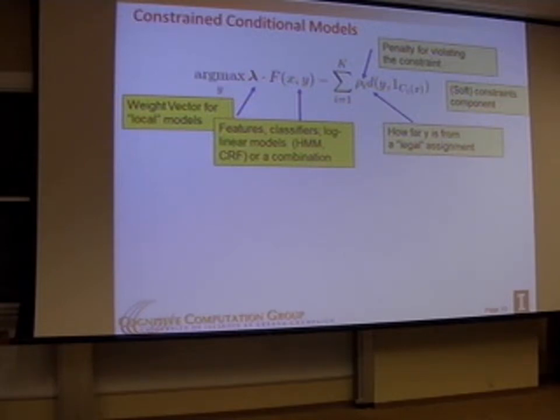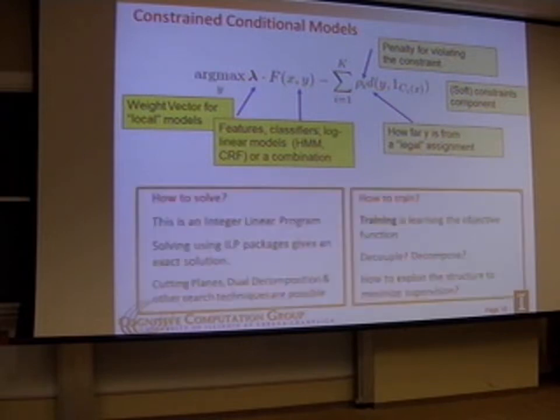So with this objective function that really, as I'm going to point out later, is something that in a sense all of us are doing in one way or another when we do NLP, it brings up two computational problems. So one is how to solve it, the inference problem. It's an integer linear program. You can think about it as solving it using linear ILP solvers. You know, there are good commercial packages, and you'll get exact solution. You can also think about different ways of using approximate solution, from cutting planes, dual decompositions, any other search technique that you like. And I want to abstract away this part now.